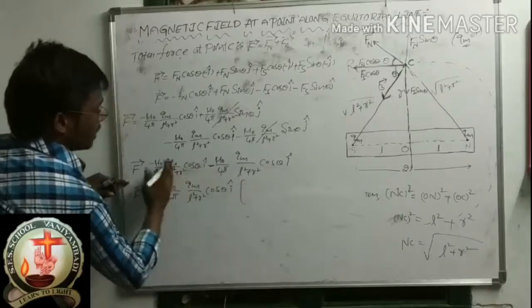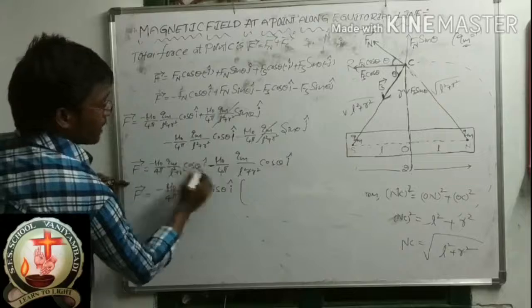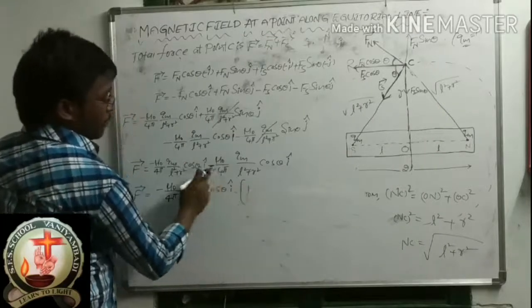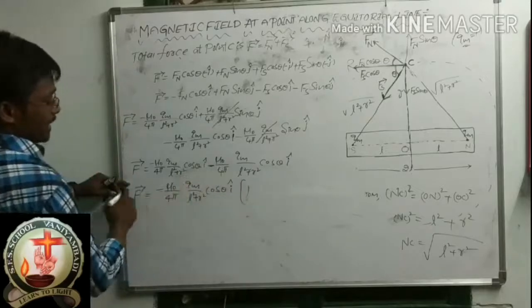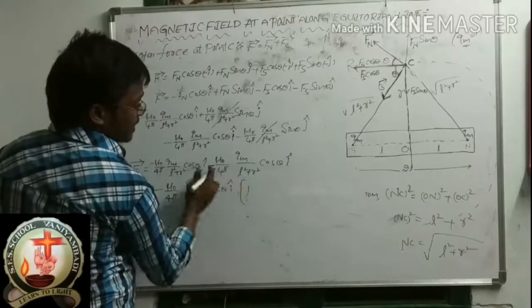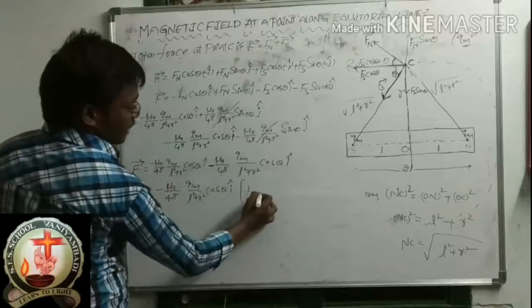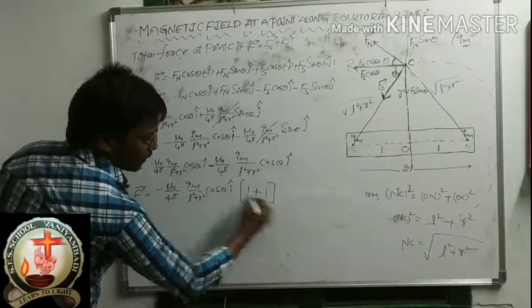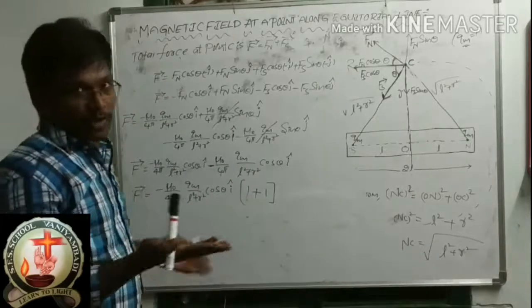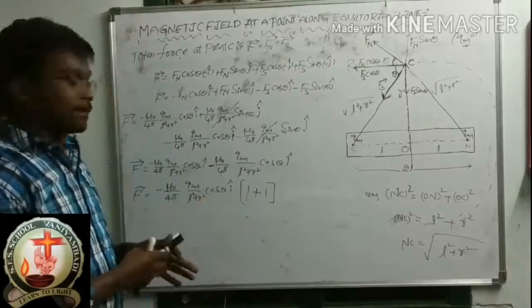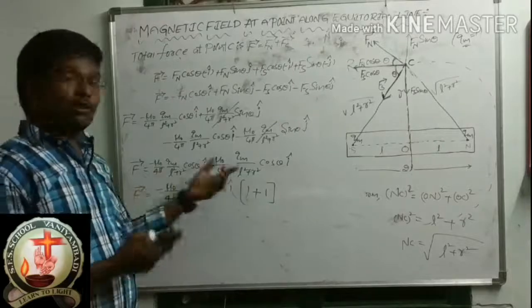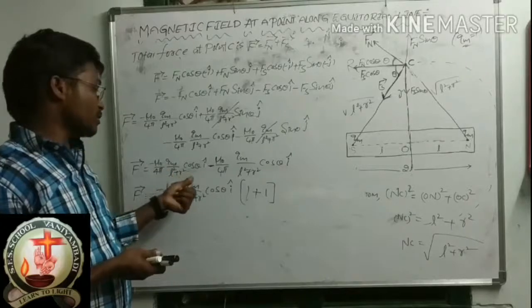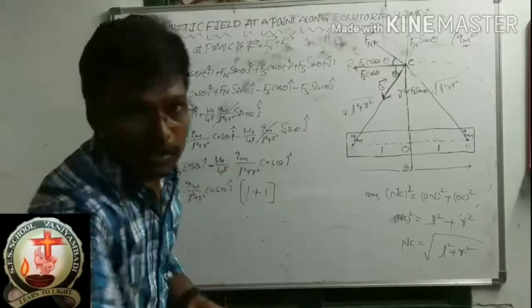I made common all the terms; what is the remaining? 1. Minus also I took common, right? So here minus went out, means what is the remaining here? Plus. So this term also went out, means what is the remaining here? 1. Otherwise you can easily understand without making common, you can add, that's it. This term and this term both are same. We can add, means what? 2 mu naught by 4 pi into qm by L square plus R square cos theta I cap. Otherwise you can do like that only.